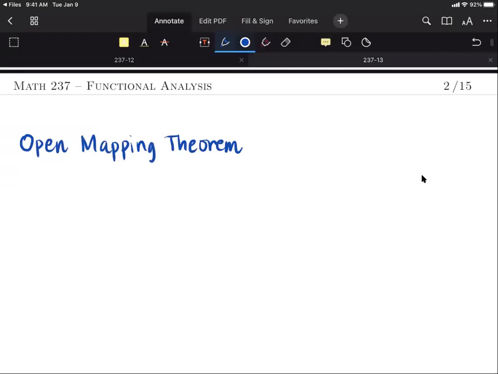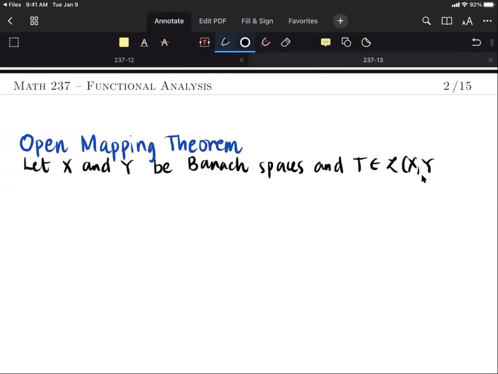Another consequence of the Baire category theorem is the open mapping theorem. So for this, we now have two Banach spaces, X and Y, and a bounded linear operator, say T, from X to Y. Then T is open